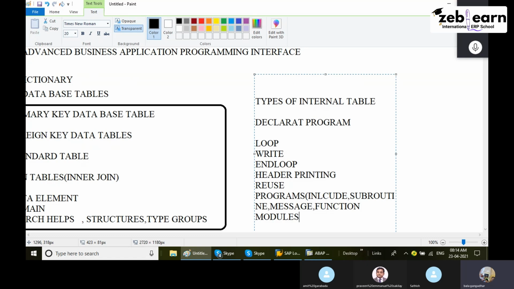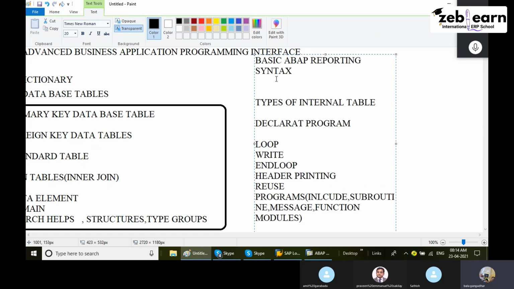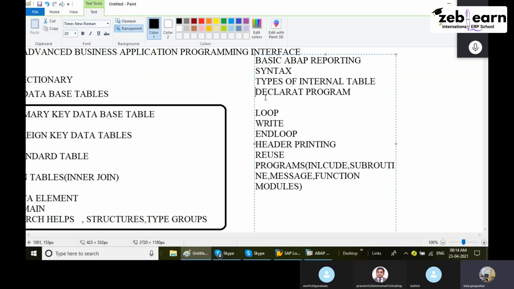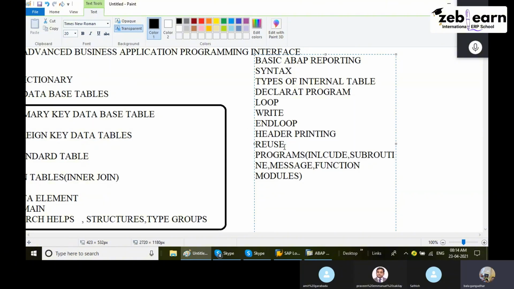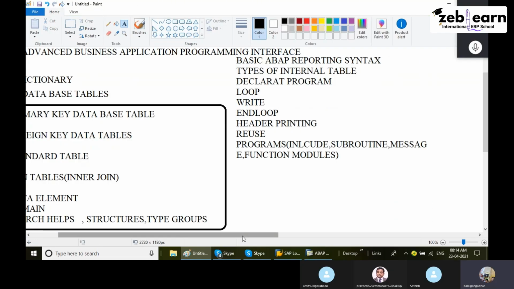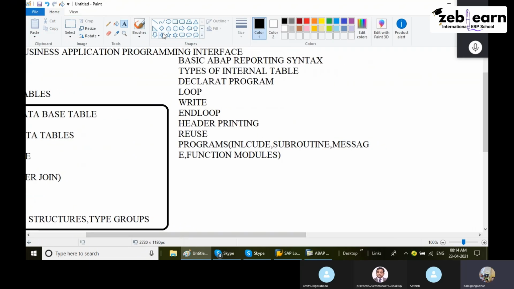So these are all the different contents under the basic ABAP level, basic syntax programs. We will learn all of this. Once you are strong at this level, it is easy to learn any type of code in ABAP, either screen-based programs or anything else. This is all related to